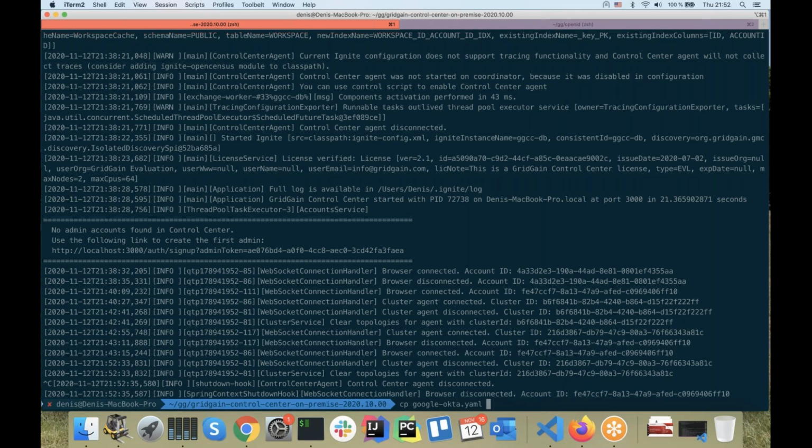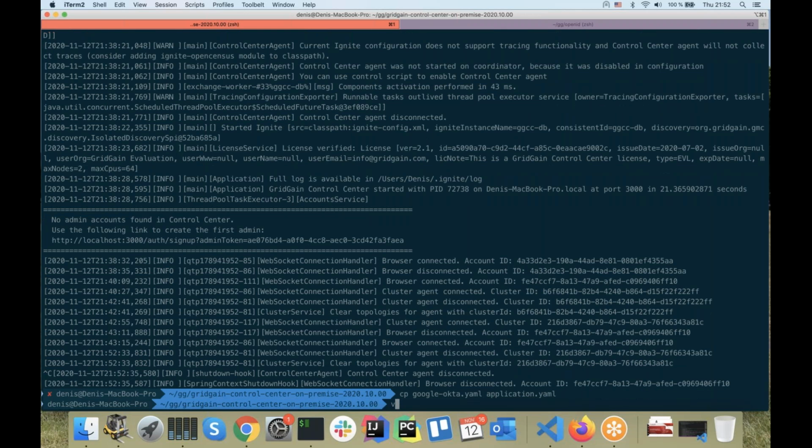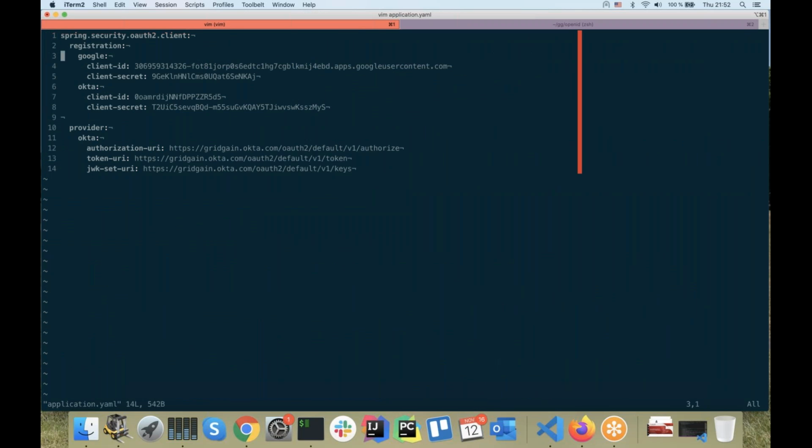I already prepared this configuration. So let's take a quick look at the configuration changes that need to be done. Here we can see a few properties that are specified. For Okta, we specified the client ID and client secret, which are the properties that are used to authenticate the application when an authentication request for a user is sent. So this is how we prove the authenticity of the application when a request is made to Okta. And also, we need to specify some information about the provider itself. It's some generic information about the provider, like what is the URI that needs to be used for authorization, what is the address where to get tokens and where to send the refresh token,